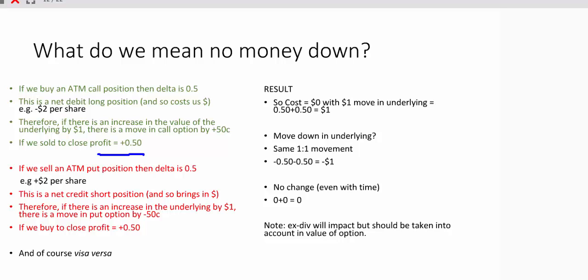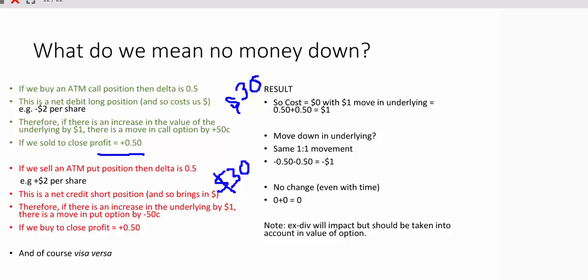Part two is at the same time we sell an at-the-money put position, with a delta that's also 0.5, and we bring in $2 a share. So it might be that we buy a $30. I'm going to try and write with this. This is brave of me writing with a mouse. So we might buy a $30 call, but then sell a $30 put, bring in $2,